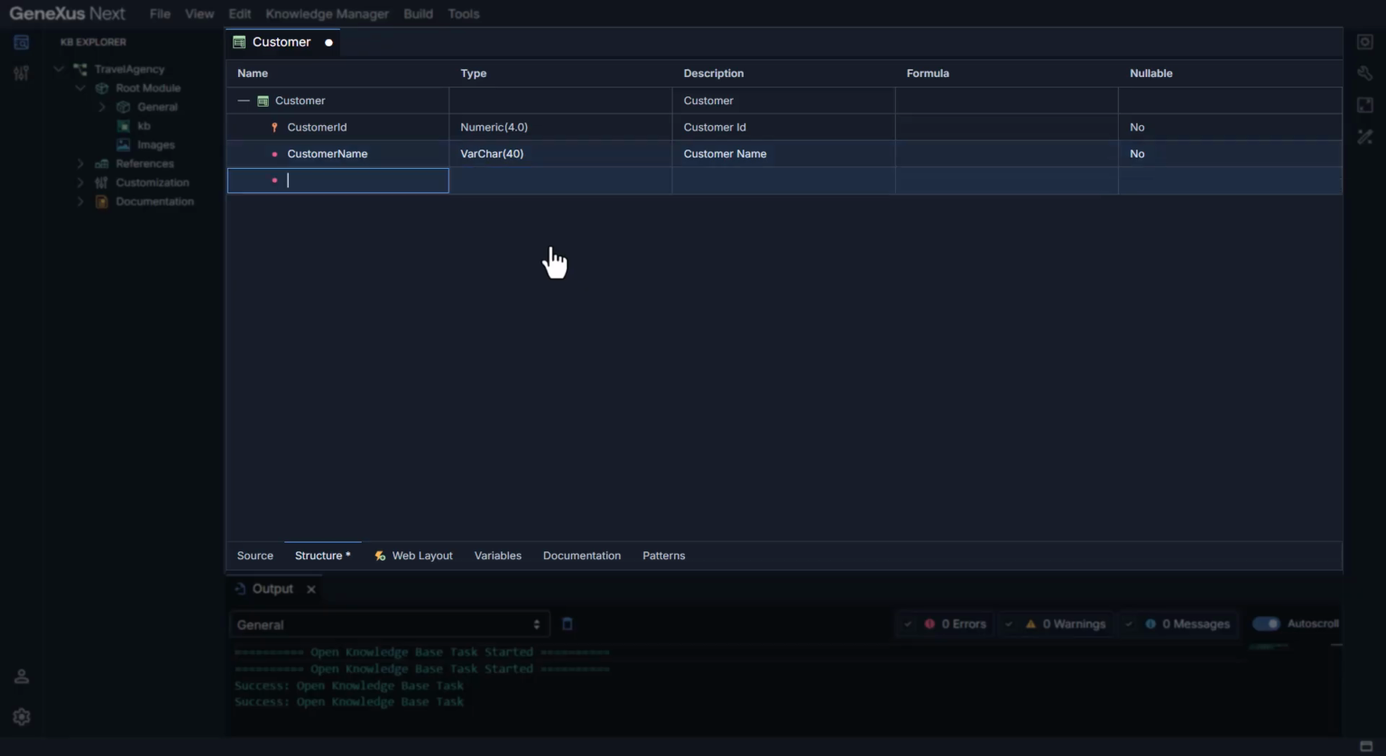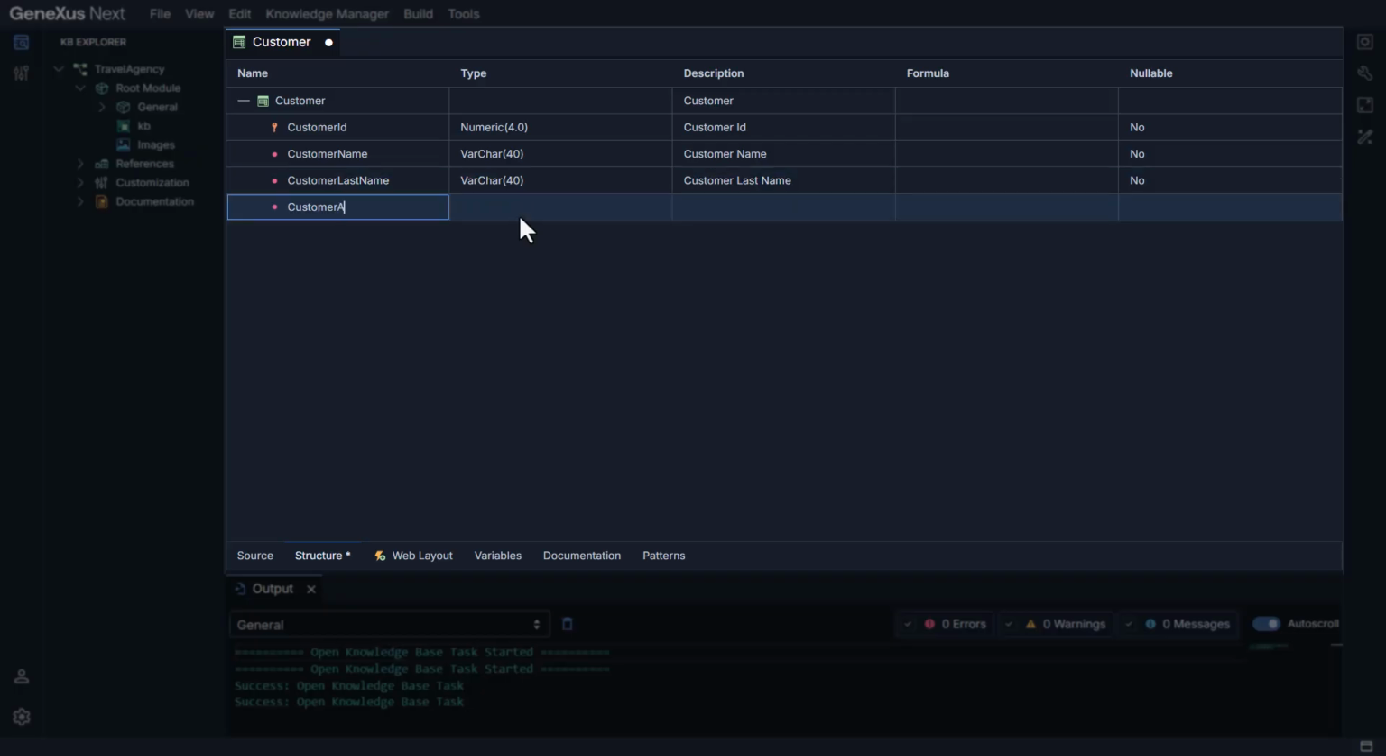Using the same process, we enter the customer last name attribute, the customer's last name, which will also be of type varchar. Note that we can start typing it, and a list of matching suggestions will appear. I choose varchar. Now we define the customer address attribute, the customer's address, and we see that in this case